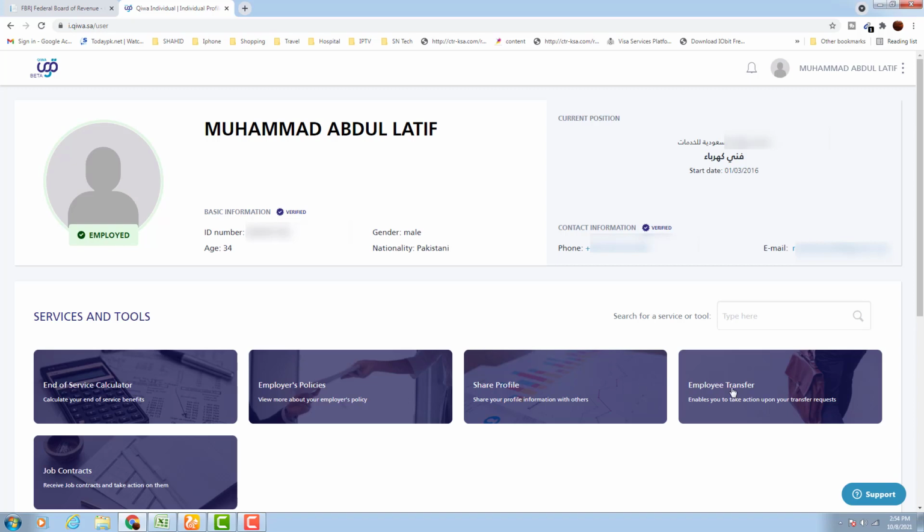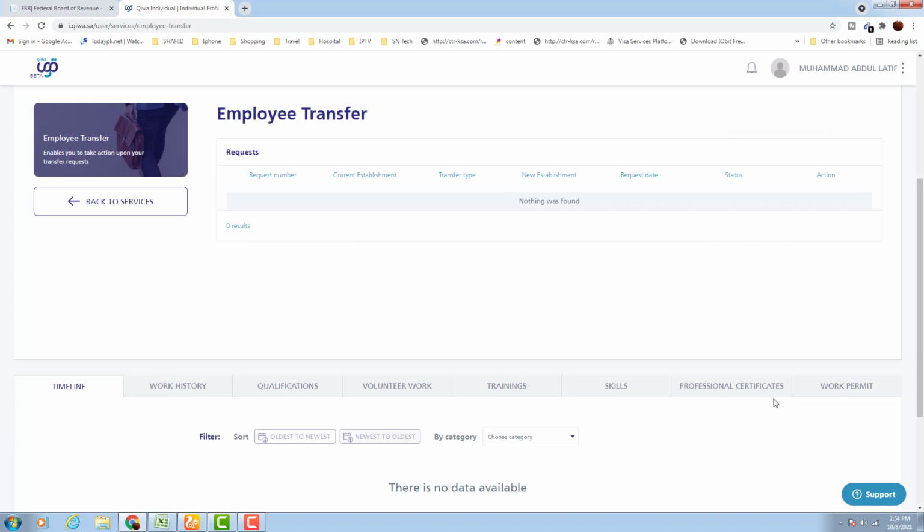Now go back. Here again we will go to the next tab. Next our tab is employment transfer. If you want to transfer from one company to another company, you need to get approval from your company. Or if your Iqama has expired, you need to contact the other company. They will give you a request here.